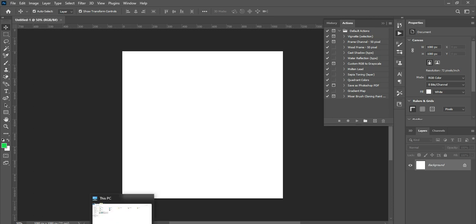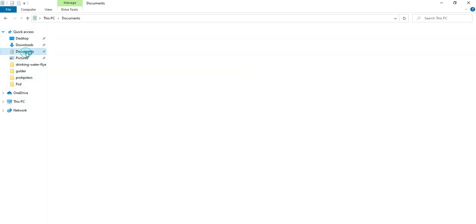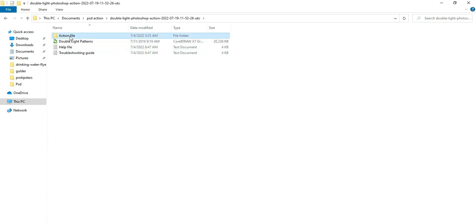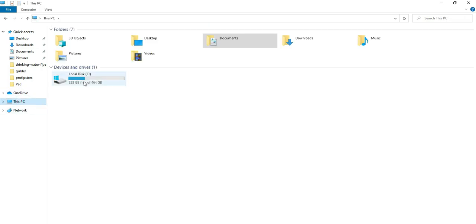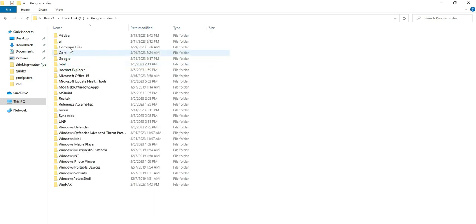Now let's go to where we have our action files. So I have my action files that I created here. Look at some. So let me come here. I copy and go to my installation folder, which is my Photoshop installation folder, and move to my program file,